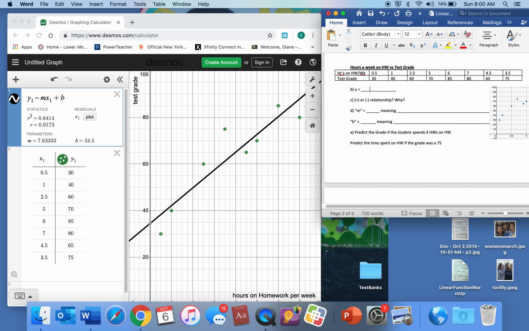But what we're going to do on your sheet, you're going to write in y = 7.63x + 34.5. And we can see that this is a positive relationship because the more hours spent on homework, the higher the grade, right? So the grade is increasing, and we know that M is 7.63,